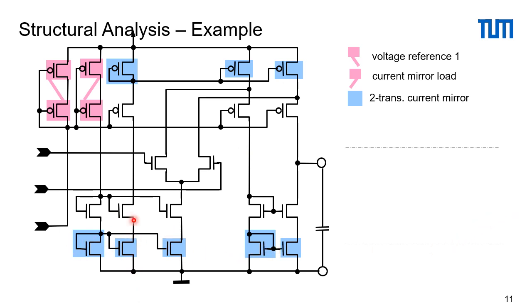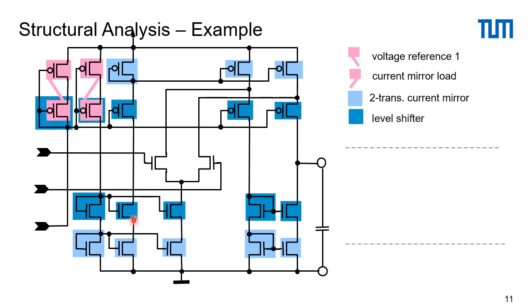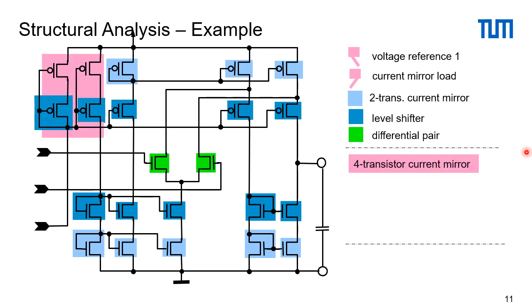In correspondence, as this is folded cascode, we have level shifters down here. This one with this one, this one with this one, this one with this one, and so on. And then we identify a differential pair. Well, the algorithm does. So now we have found all transistor pairs. Now we build groups, pairs of pairs, and so on. And in that step, what we find next is